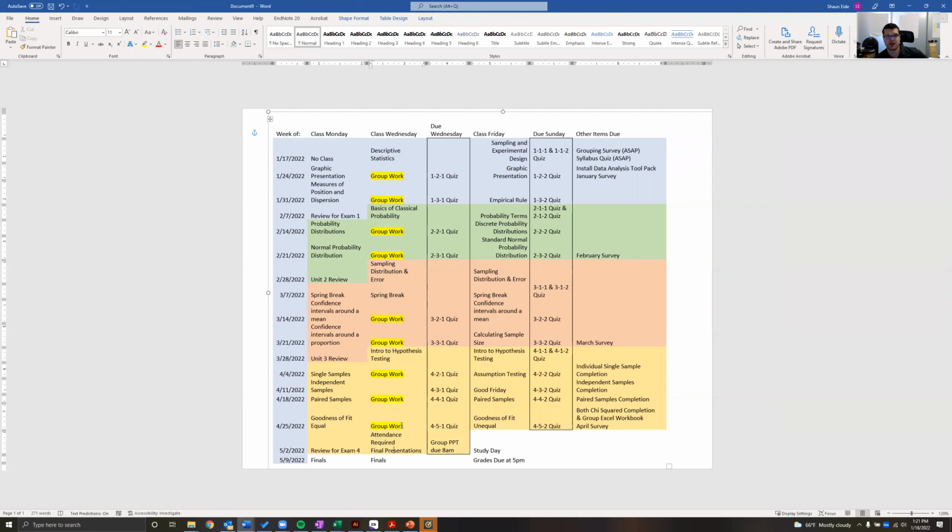But it is set up so that you do have 9 times designated to doing that group work during an actual class time, and those are always on Wednesday. The times when you don't have that are exam weeks. So you'll notice that these are all exam weeks. And this right here is also, I guess, technically an exam week. So anytime that you have an exam week, I don't give you designated group work time. And what this allows you to do is work with one another, answer each other's questions, and really have more of a community aspect to learning. And so just be aware of that.